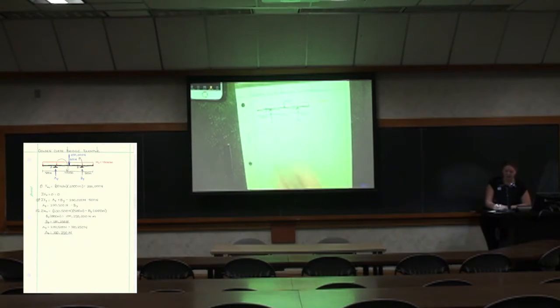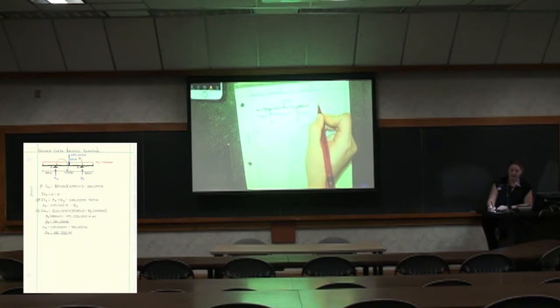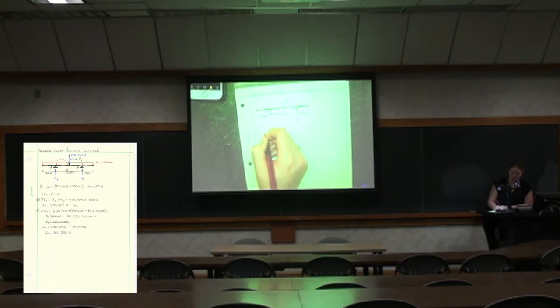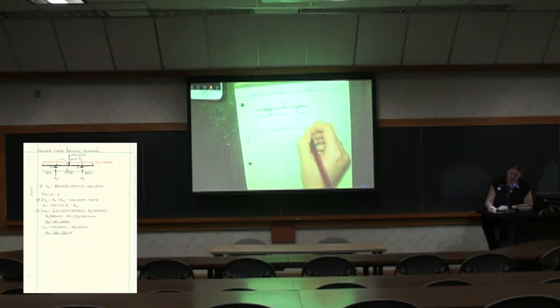So the first step is we're going to turn this distributed load into a point force. So the distributed load of 100 newtons acting across the entire 2,000 meter span of the Golden Gate Bridge is going to give you a resultant force of force WU, and it's going to be the area under the distributed load, which is going to be 100 newtons per meter times the 2,000 meter span of the bridge, which is just the 500 plus 1,000 plus 500 meters. And that's going to give us 200,000